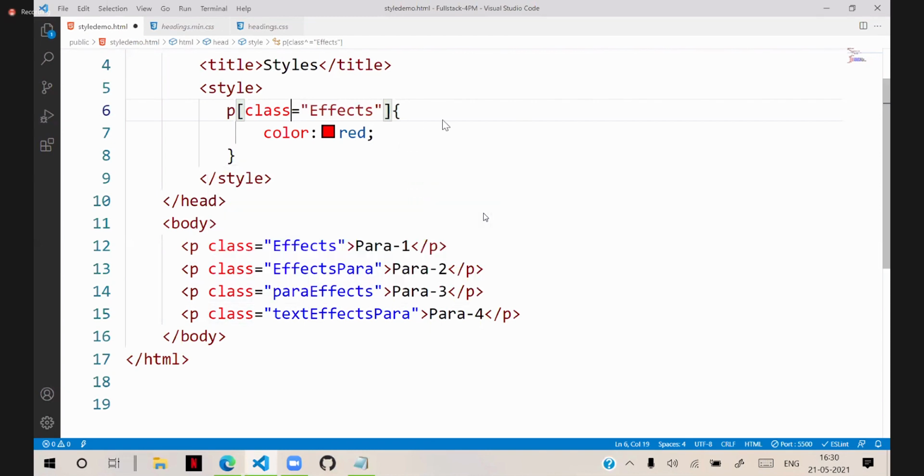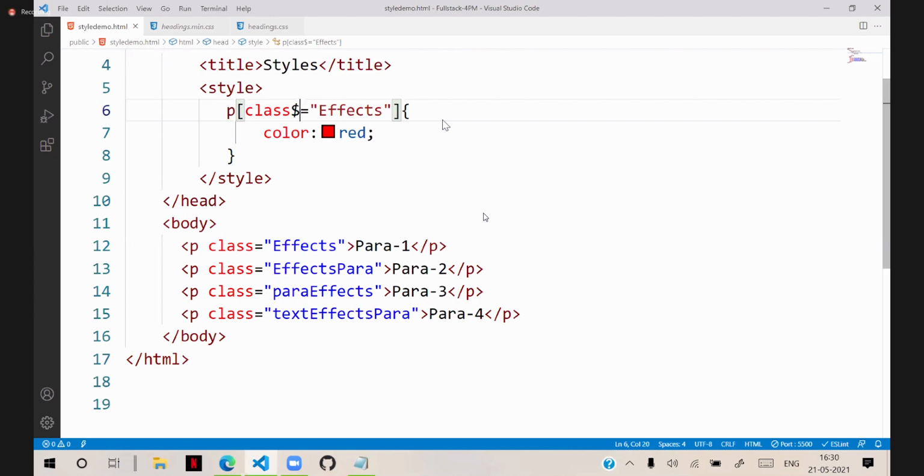Suppose I say dollar. Now for which paragraph it will apply? This indicates ends with. It will apply for first and third. Why?